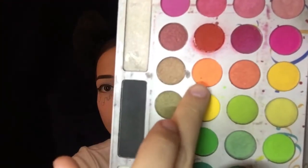Okay, so I finished packing it on top, and you can go however vibrant you want, but I choose to go very vibrant just because I like to see the vibrancy of the colors. But if you want to do a subtle teary look, then you can, but you can basically do whatever you want. So the next shade I'm gonna be going in with is this orange shade right here, and I'm gonna be taking